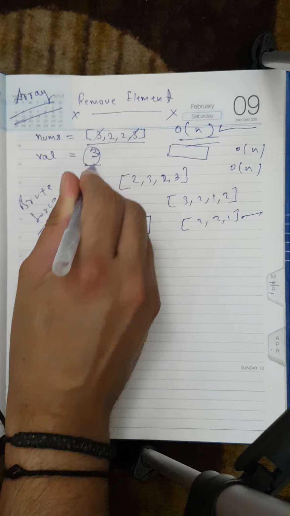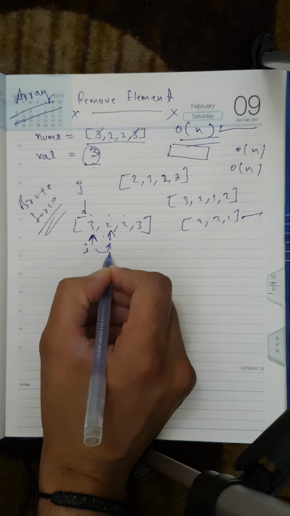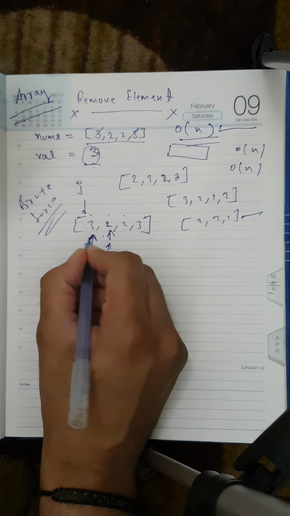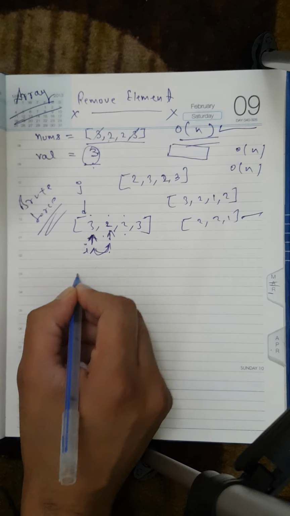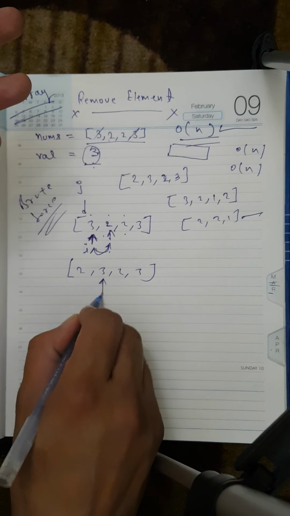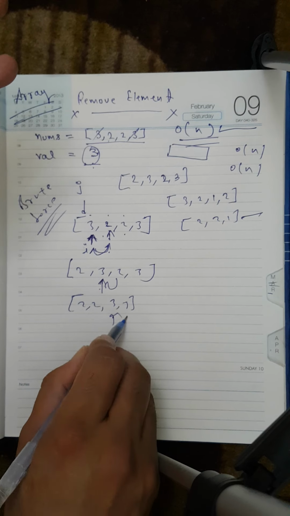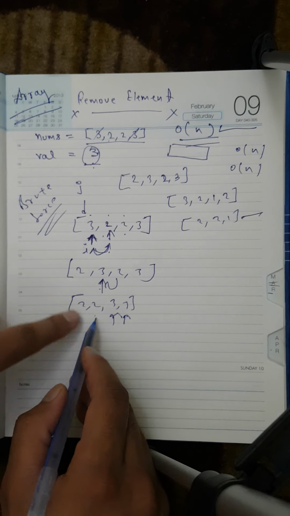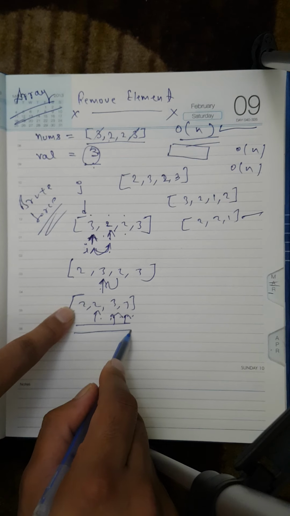When we encounter that value, we will swap it with the next element from j. Suppose 2 comes here, 3 is here, we will not do anything. If 2 comes here, we will not do anything. Suppose there is a 3, then we will swap it. 2 comes here, 3 comes here. j moves to the second, we have 3, we swap this one, 2, 2, 3, 3, then we have 3 again. The pointer resets, we have i here, it goes again and again, and we have the final array with us.